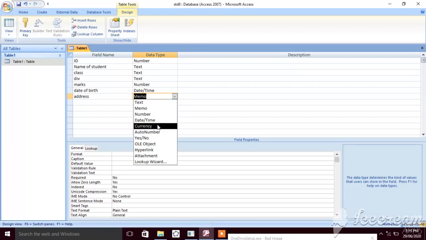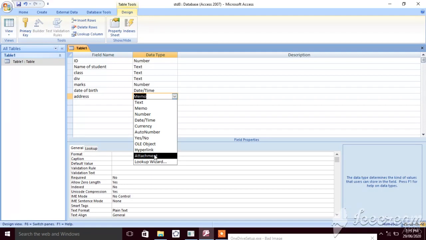Okay, we will see other data types also. Currency is used to display currency. Means in India we are using the rupee. In other countries there are different currencies, so this is for currency. Hyperlink means any website link. Attachment is used to attach a file to your MS Access database. Means suppose I want to attach a photo of a student to the database. How will I attach it?